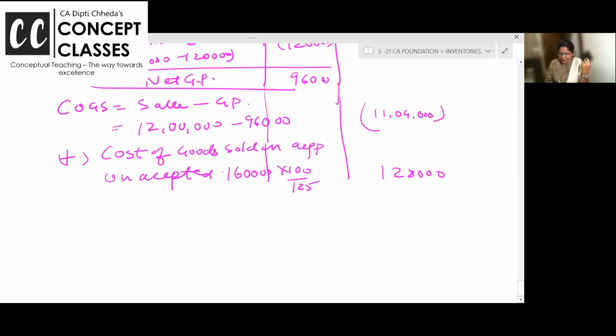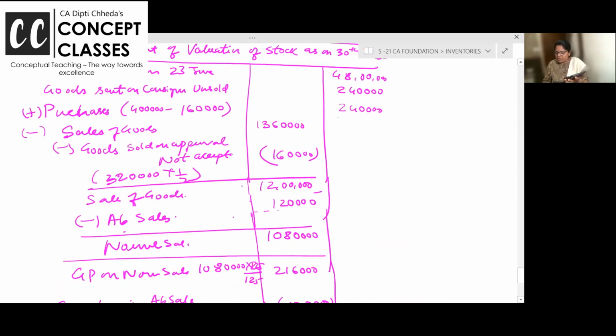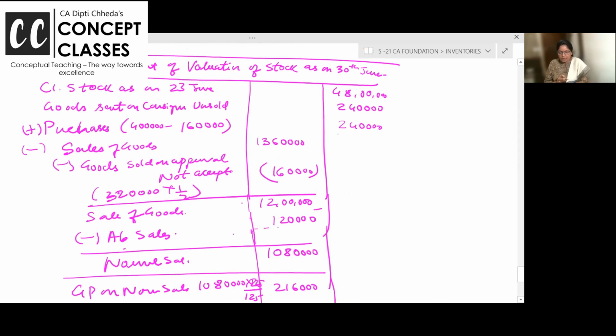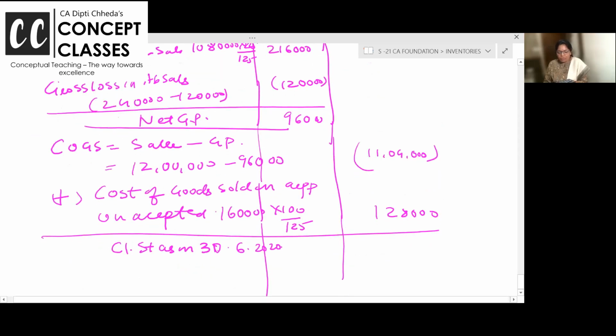And now whatever you get, the total value of the stock, closing stock as on 30th of June 2020. कितना आ रहा है आपका क्लोजिंग स्टॉक? ऐड करके अमाउंट बोलो. 48 lakh plus 240 plus 240. I'm saying loudly so that you all can also do. Minus 11 lakh 4,000 plus 128. 43 lakh